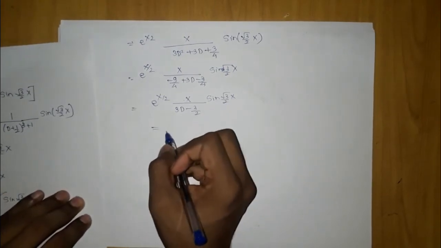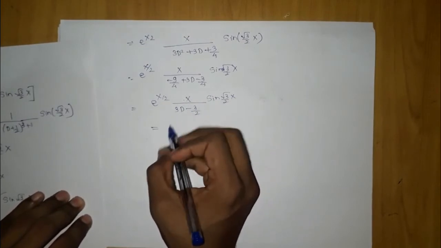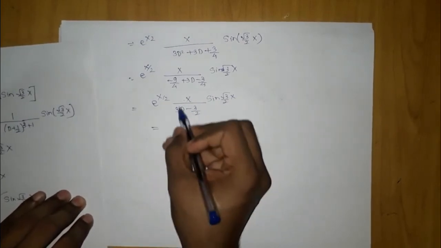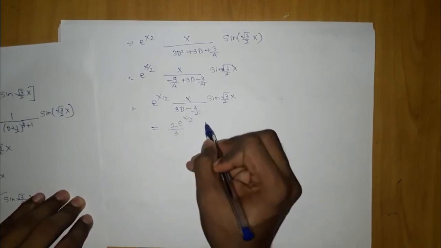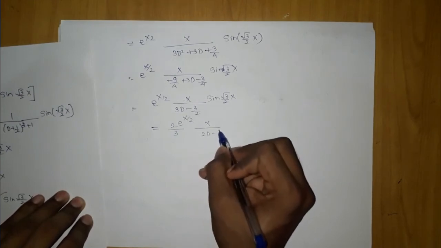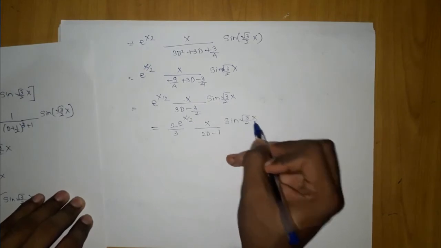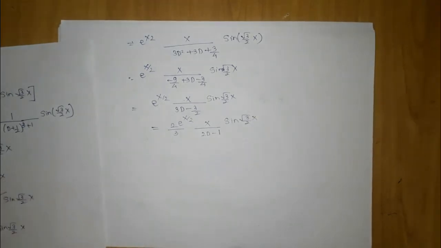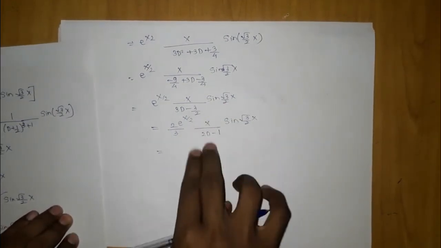So what we are going to do, we are going to multiply this here and take 3 outside. If we do that, 2 will go up, so 2x by e to the power x by 2 by 3x by e to the power, we have 2D minus 1 into sine root 3 by 2x. Okay, after this we are going to rationalize this.